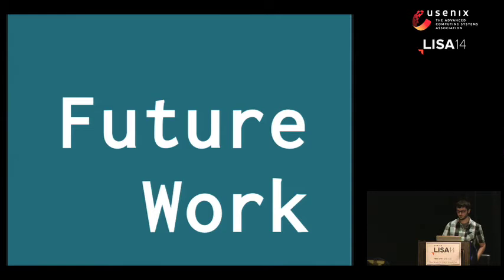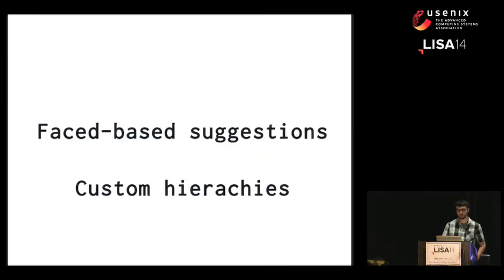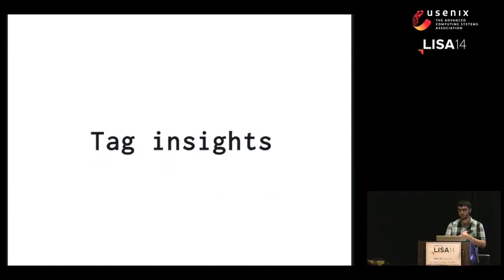And I have some future ideas to make this a little bit better. I want to make it a little bit more user-friendly, for example, by automatically suggesting new tags that you could add to your query. Some people also seem to be interested in having the ability to define their own hierarchies, so you could make your own hierarchies. Even though in the tag space there's no hierarchy, you could define your own. And I want to provide some more tag insights in the dashboard that say, okay, here's how many standardized tags you have. These are not standardized. Maybe they should be added to the spec or something like that.